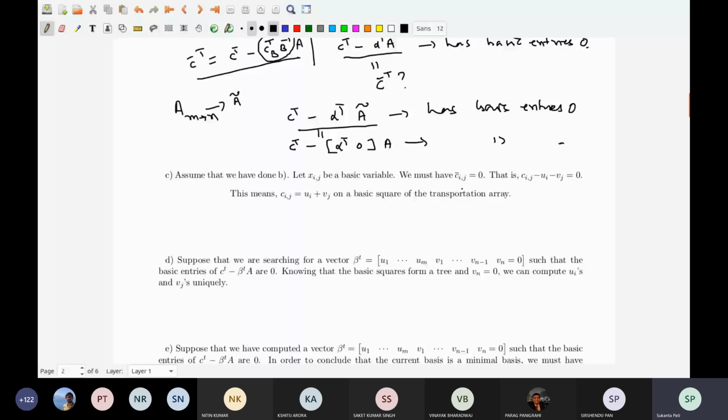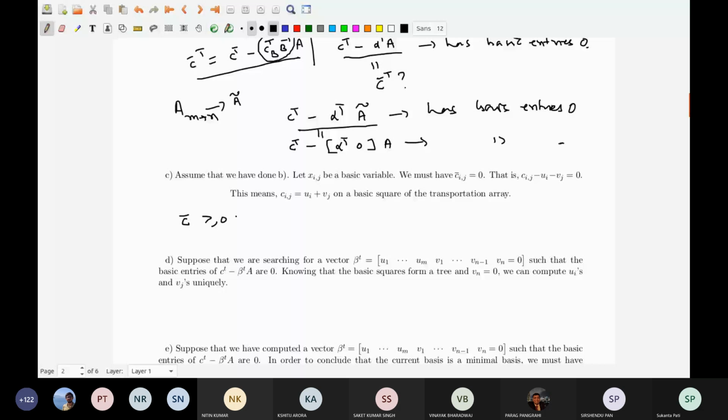But what is the condition? Now I should have C bar greater than equal to 0. So basic variables anyway, in C bar the basic entries are always 0. So in the non-basic part, it has to be greater than equal to 0. Okay. So what is it that you are going to do? Now I am going to compute